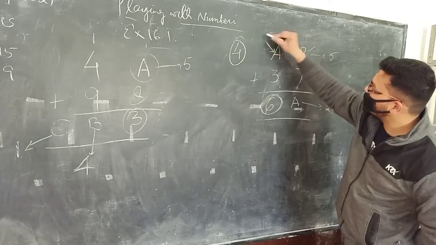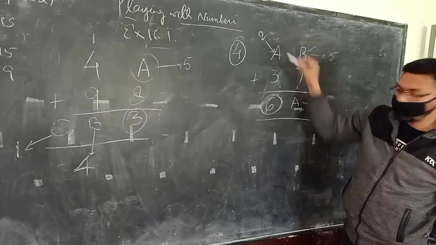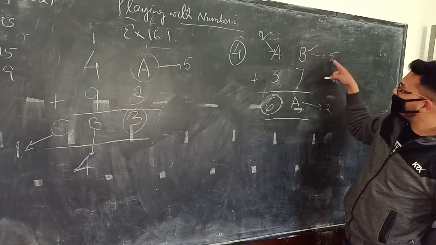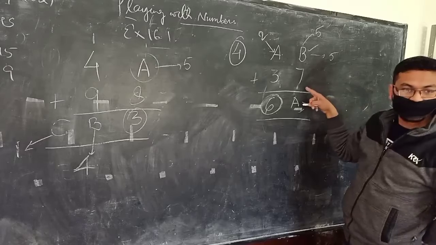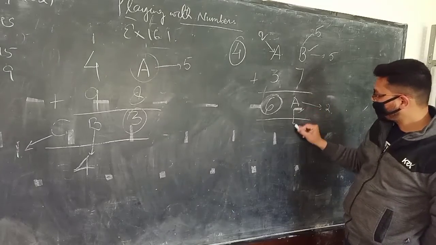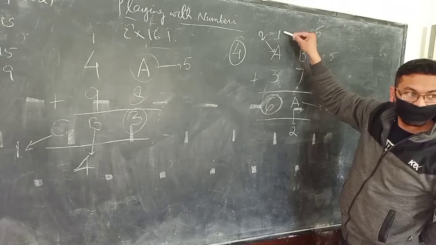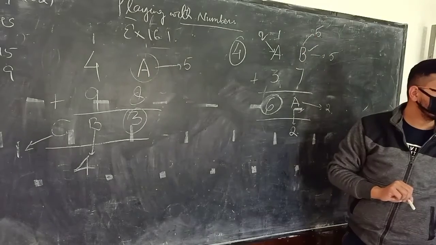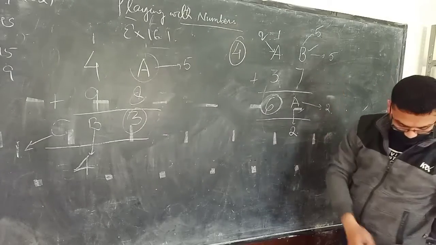Let's say A is equal to 2. 3 plus 2 is 5, but here it is 6. Now, suppose I put B equal to 5, then 5 plus 7 is 12. There is one carry, so 3 plus 1 is 4, plus 2 is 6. So 62. Any doubt? Any doubt to any student? Please note it down fast.